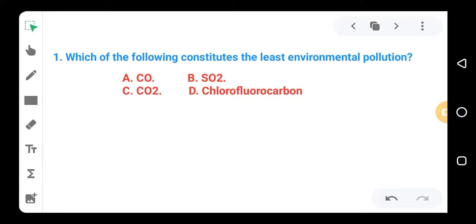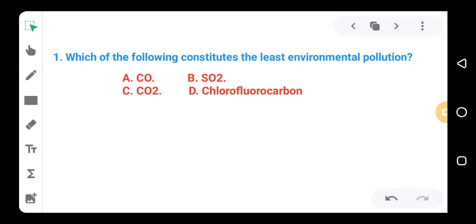What the question is saying is, which of the following options is the least dangerous environmental pollutant? Option A, CO. Option B, SO2. Option C, CO2. Option D, chlorofluorocarbon. The correct answer is C, CO2, because